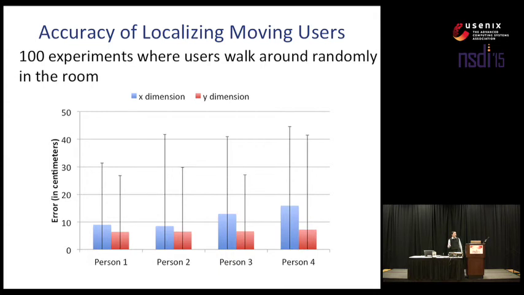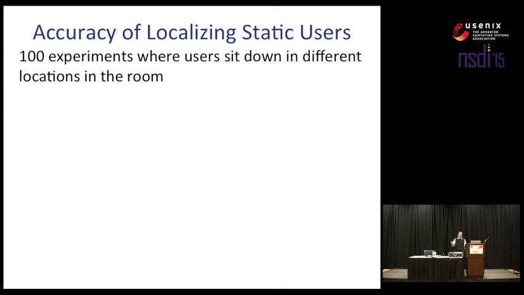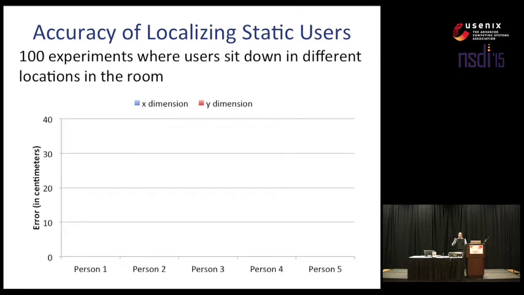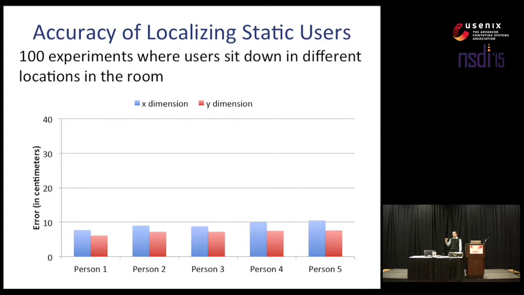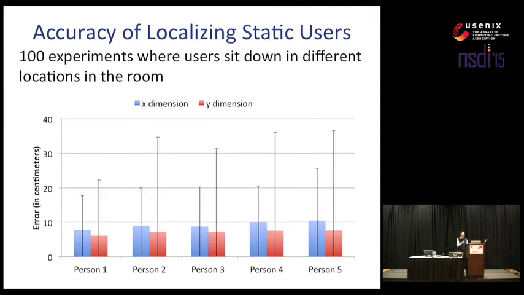Now let me also show you the accuracy of localizing static users. We ask different users to sit in different locations in the environment, and again we plot the error as a function of the different users. And here are our results. Across all of the users, our accuracy for localization is less than 10 centimeters in the x and y dimensions. In fact, even the 90th percentile error is lower than 40 centimeters. And if you're wondering how come we can localize static users, even with a better accuracy than moving users, keep in mind that we're using longer windows. So we have more measurements in order to find their location.